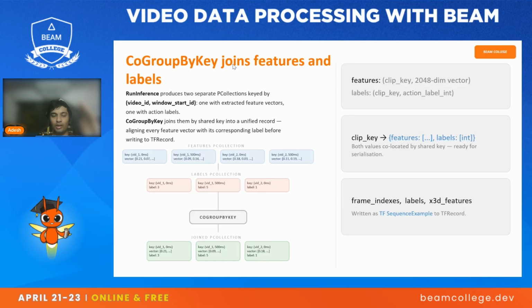There will be one branch of processing video data, which we saw, and the other branch will be the label data. Processing label data will be similar, the only thing is we don't have to process videos, frames, and clips here, but we will also be attaching a timestamp to the label data to create